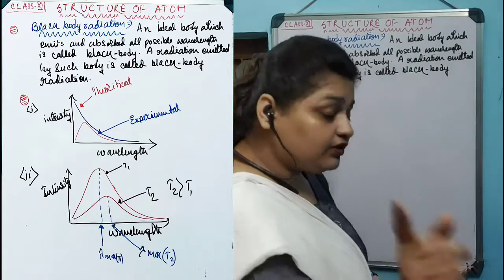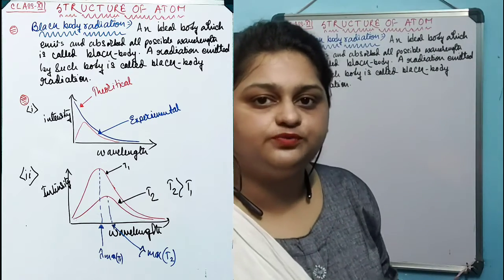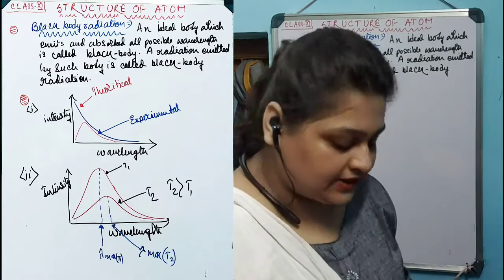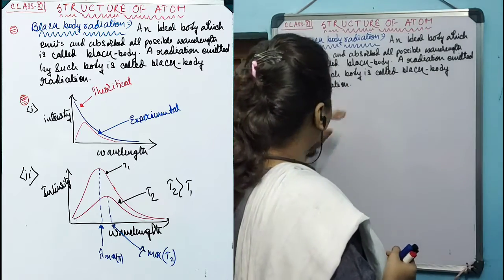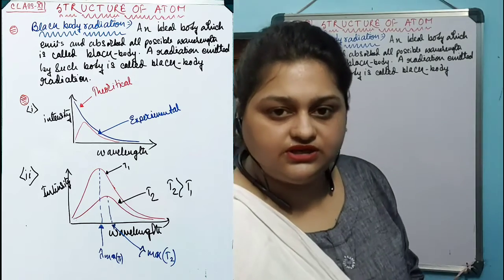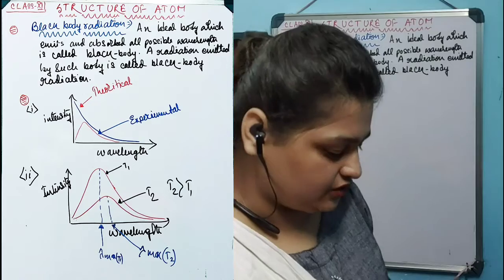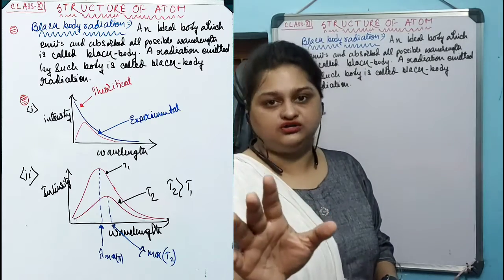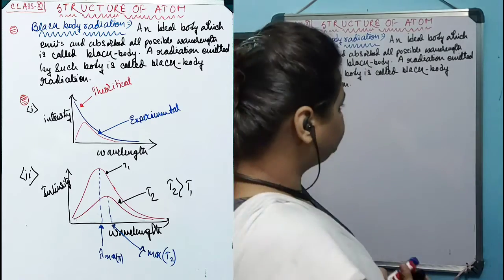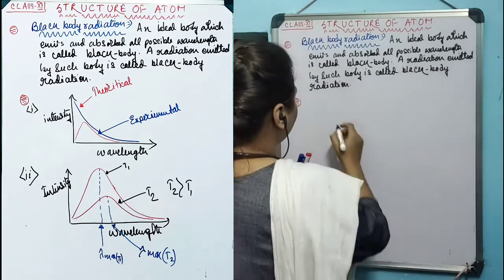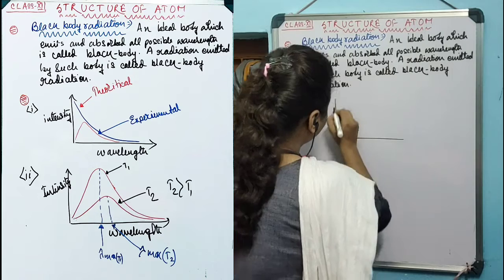Now, theoretically, light was perceived to be a wave, on the basis of electromagnetic theory. On the basis of this theory, when scientists tried to plot the radiation from a black body in a graphical plot, they found that